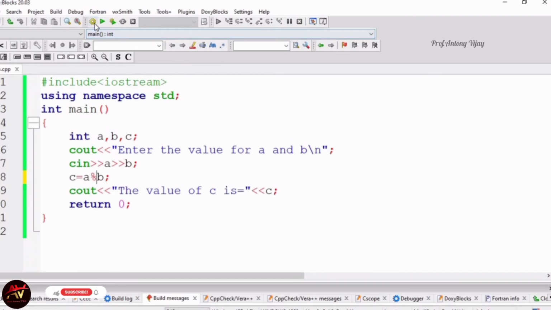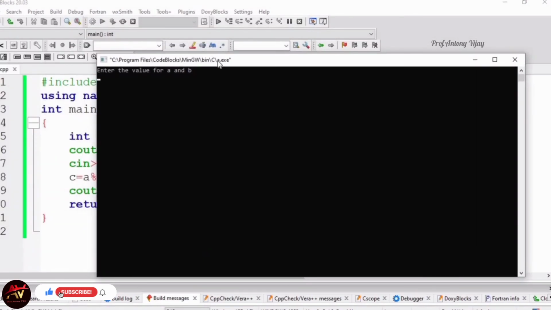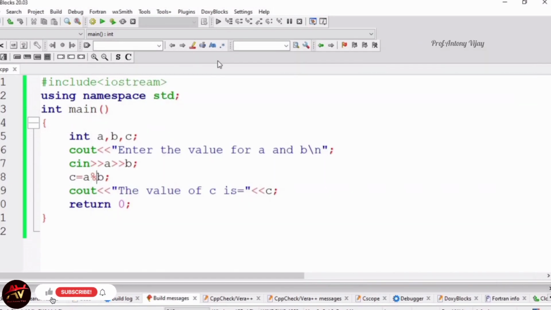See the result of it. These operators are called binary operators because we have two operands. If two operands are being dealt with, it is called a binary operator. So here I am having 11, then 2. Usually the modulo operator is used for finding the remainder. So 11 modulo 2 means the remainder value will be 1. See, the value of c is 1. This is the result. So this is arithmetic operators.